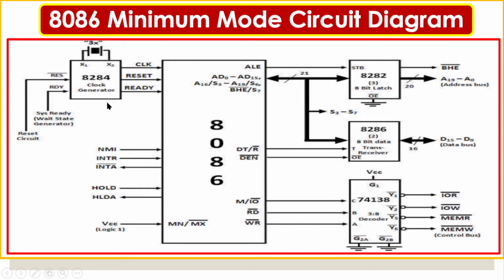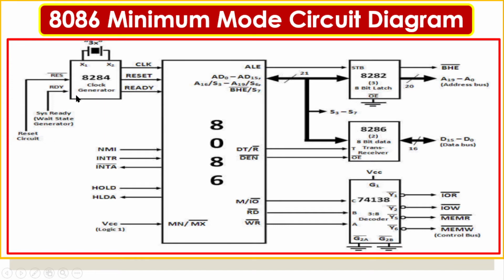Then we come to the 8284 clock generator, which is an important IC here. As you know, the 8086 is a clock driven device. It performs based on the input clock frequency. It can operate up to 10 megahertz, but the signal should have a 33% duty cycle. That is the requirement for the 8086. The 8284 is a clock generator IC, connected to a required crystal. It will generate the 33% duty cycle signal and provide it to the 8086. Not only the 8086, it will also provide it to other devices in the system if needed.